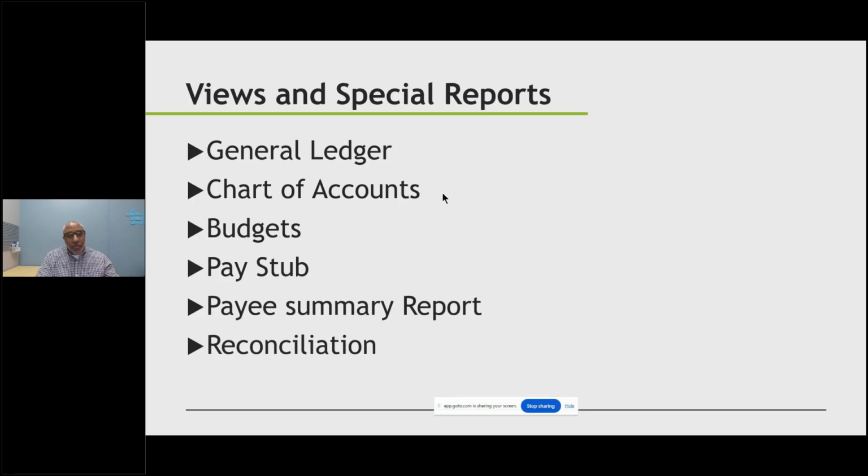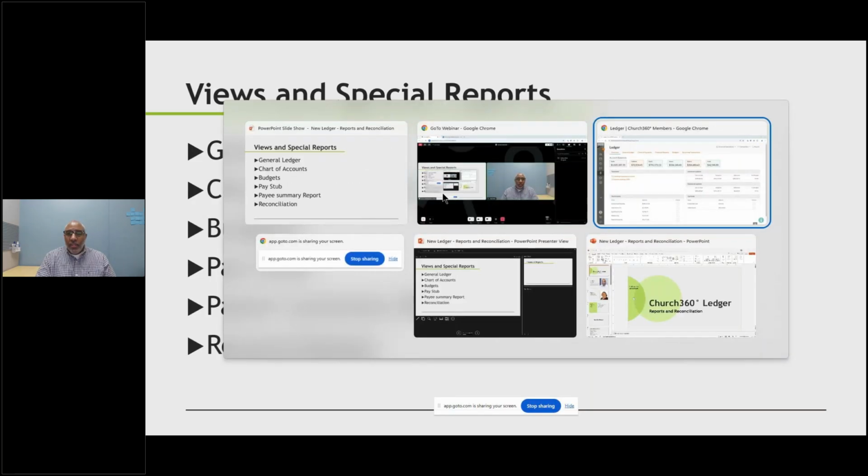I'm going to save that reconciliation report towards the tail end because I won't have the report until we close out the reconciliation. So 1, 2, 3, 4, 5, and then we'll do 6 at the tail end. So let's go to the software and talk about these 5 reports.